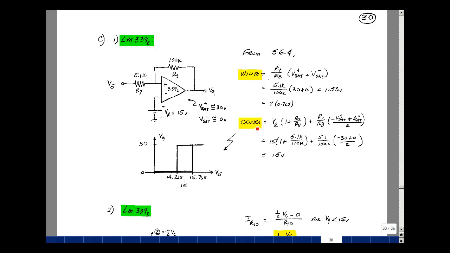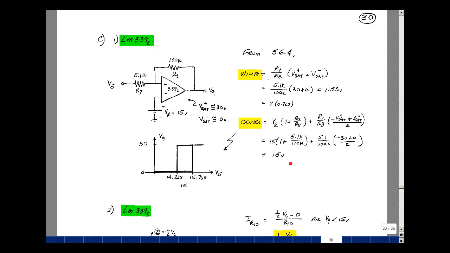Now the center of the hysteresis loop, we can go grab that formula. It's V sub R, the reference voltage, which is 15 volts here. And then we have the resistor ratio R1 over R2, and that'll be R7 over R8. Likewise over here, and then the differencing of the saturation voltages. Okay, this is 15 volts, 5.1K, 100K, same thing here. This is a minus 30 volts, and this would be a plus 0, and then divided by 2,